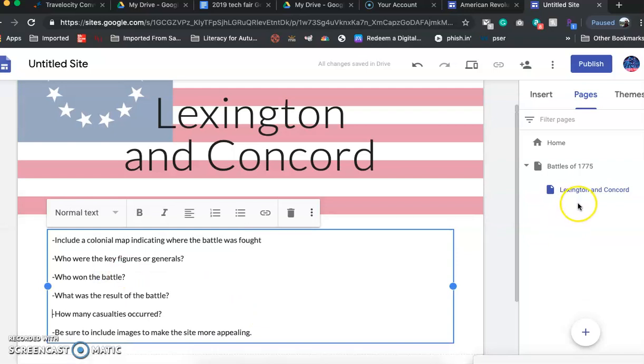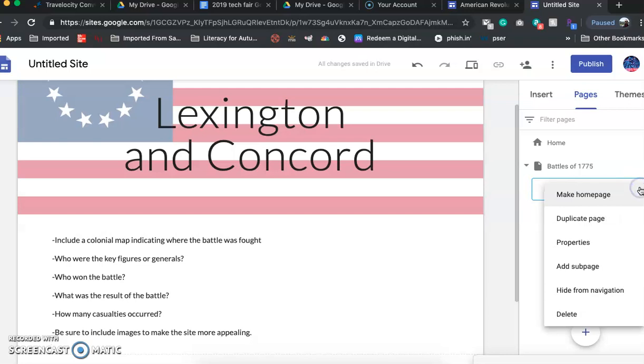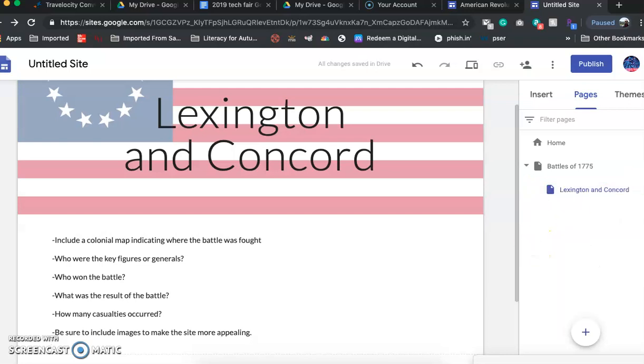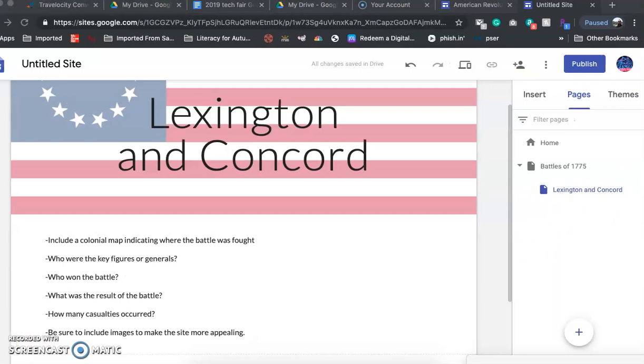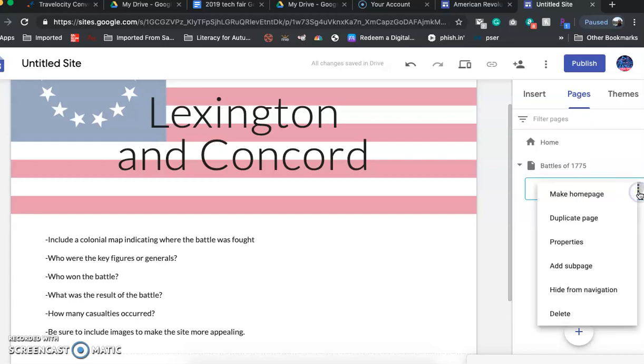Okay, and now what I'm going to do, and I don't know if you saw that. Let me see if I can. Yes, okay, so when I'm navigating or hovering over here, it's hard to see, but there's these dots. Okay, there we are. There's 3 dots. When I click on those 3 dots, okay, I can